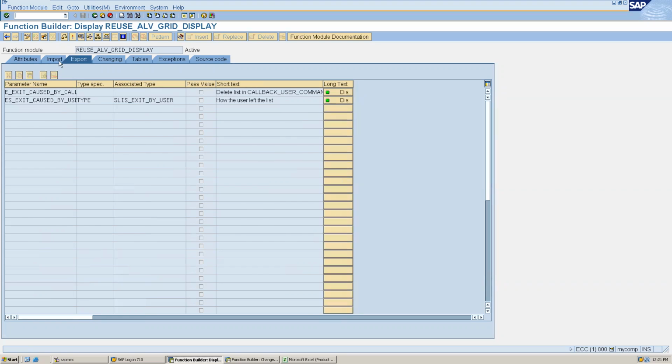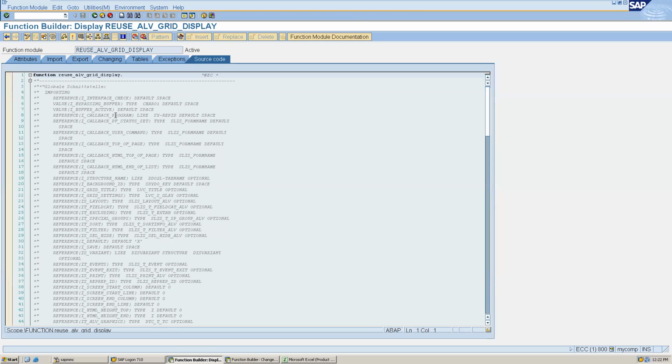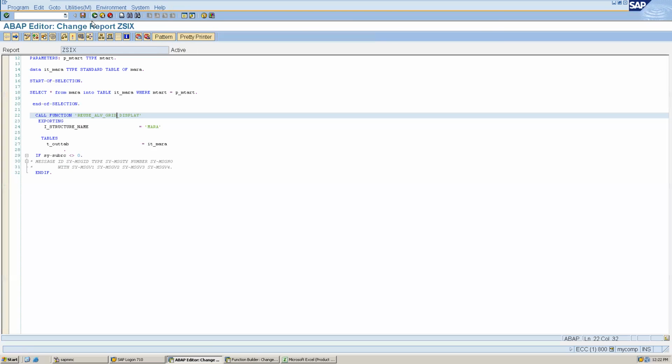Tomorrow, in the next class, we will see how we can display custom fields. Or, for example, let's execute this.